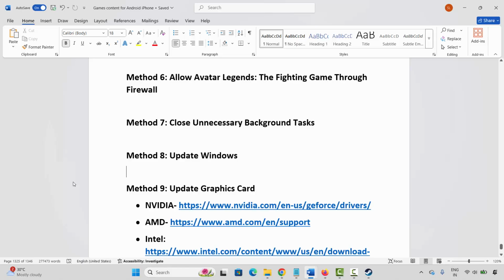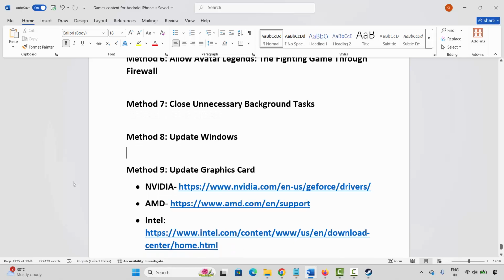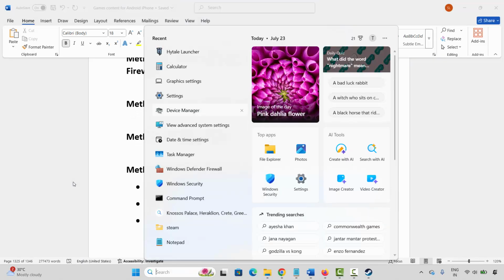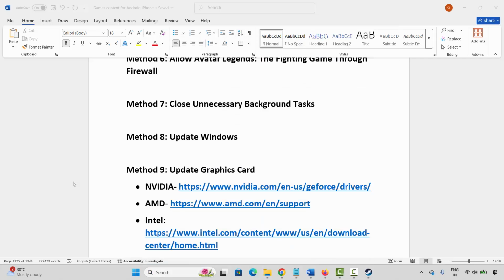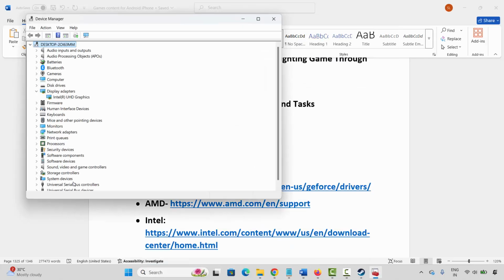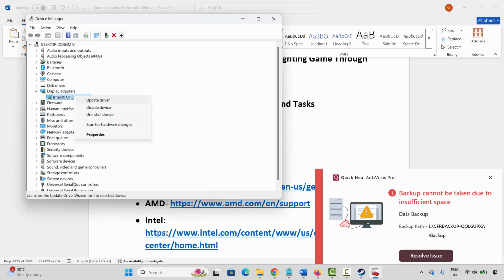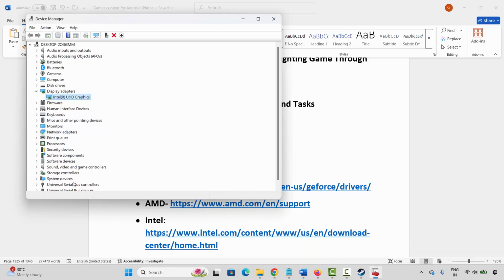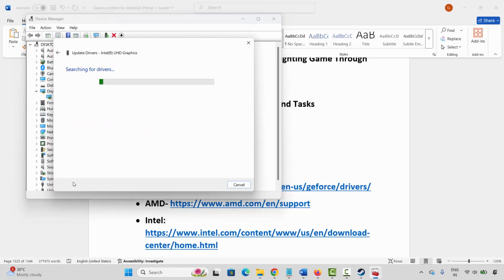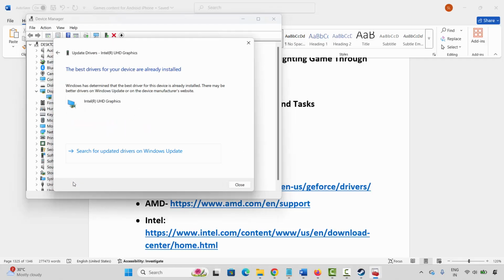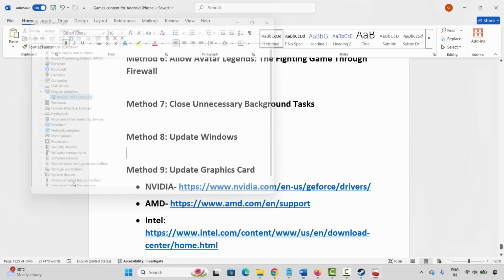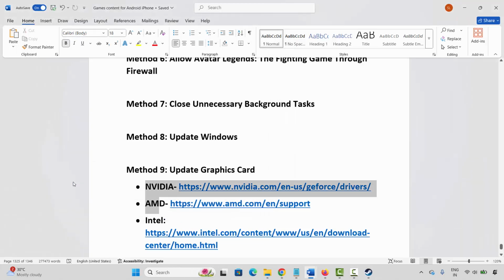Next is to update your graphics card. So make sure your graphics cards are up to date. For that, go to the search option, search for device manager. Here you have to expand display adapter, select your graphics card, right click on it, click on update driver and then click on search automatically for driver. So this will check and update your graphics drivers. After that, launch the game and check. NVIDIA and AMD users, go through the link already given in the description and you can easily update your graphics